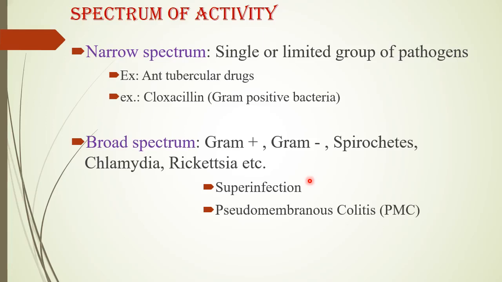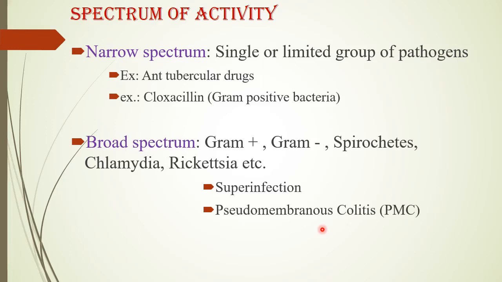Okay? So a good example of super infections, we have this pseudomembranous colitis, PMC. Okay? So the pseudomembranous colitis, itis means inflammation of the colon. It is a kind of infectious disease which is occur due to the super infections. It's just an example. Pseudomembranous colitis. Okay? So it is occur due to the destruction of the normal or good bacteria of the gut, or you can say the colon,